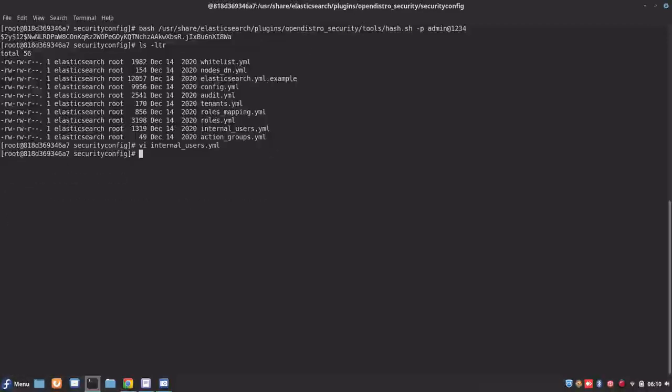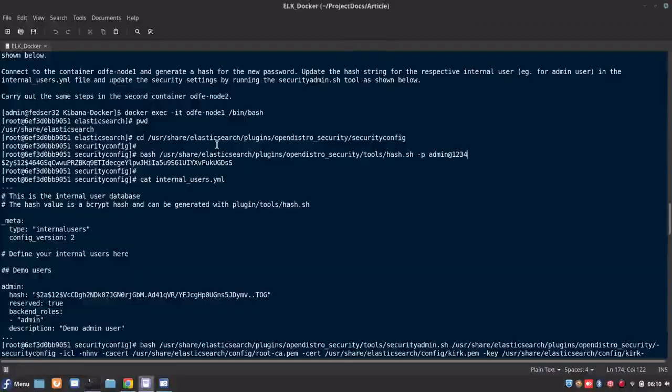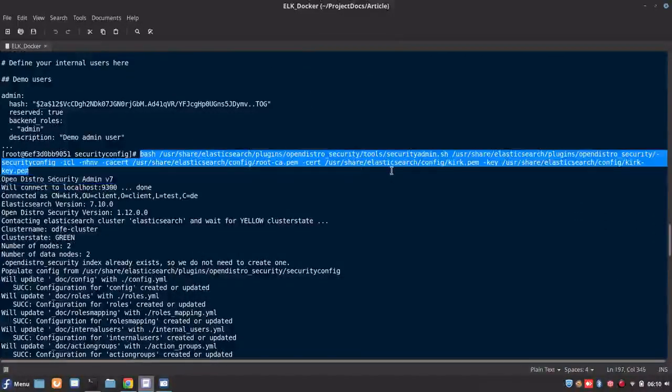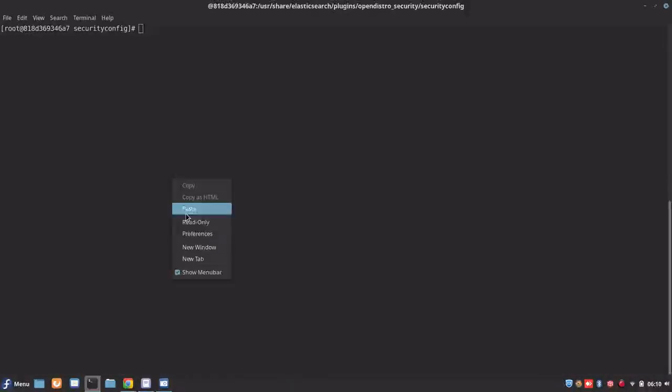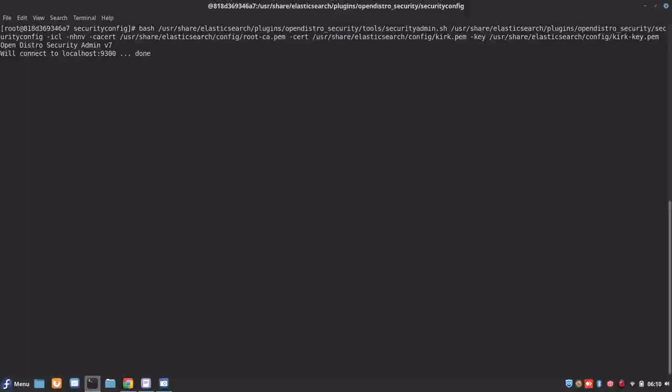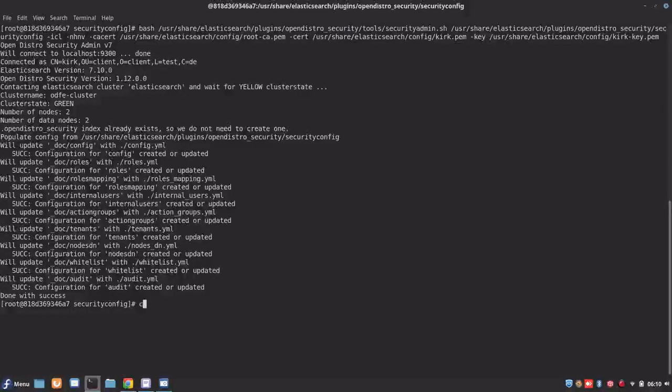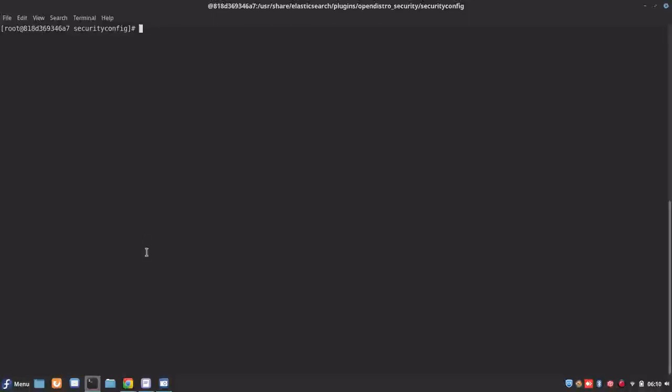So I have updated the file, and now we need to run the security configuration update. Now everything is done.